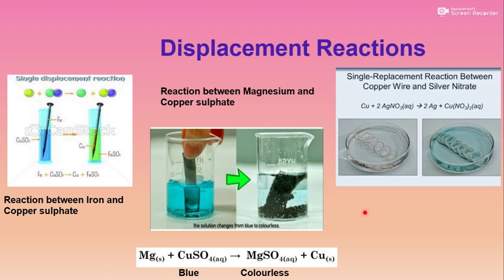These activities are very important for this chapter. You should go through the book and learn each and every change that takes place during these reactions. One more interesting reaction is here in this petri dish, meaning this plate. There is a reaction in which copper wire is placed in silver nitrate. As copper is more reactive than silver, you can see the change. Copper displaces silver and forms copper nitrate. That's why you can see the change here.